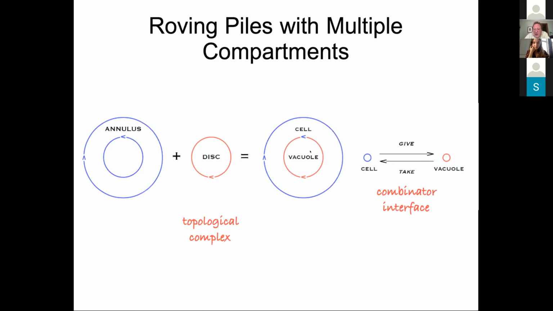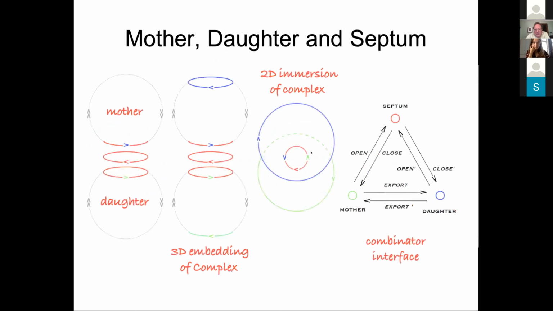And this division between vacuole and cell is selectively permeable. It will pass things in one direction in the give state and pass things in the other direction in the take state. And so it's very simple to produce programs which will import or export from this vacuole using this device. And so I wanted to show you that because this is the situation for representing